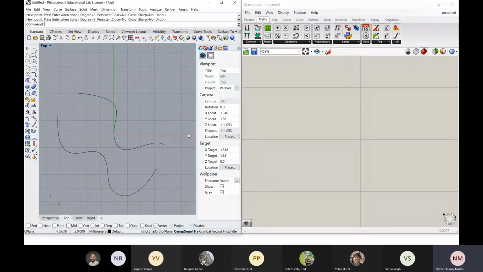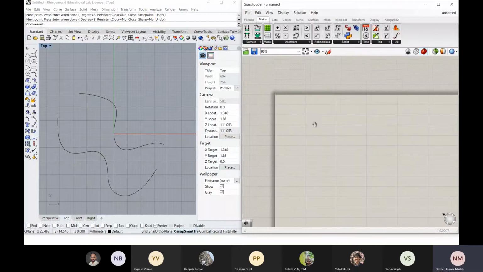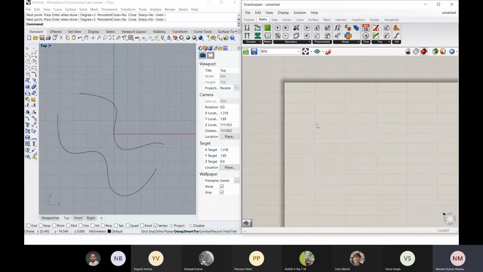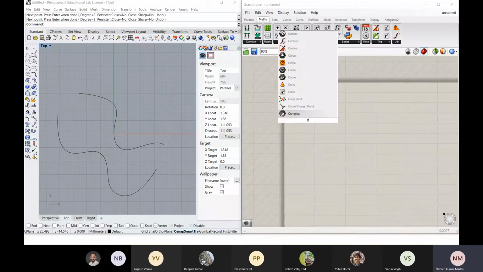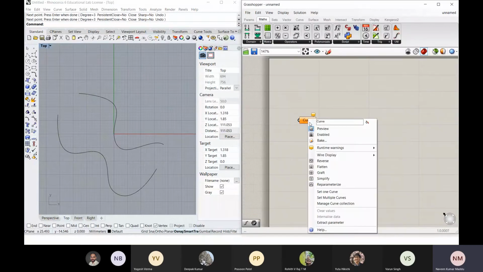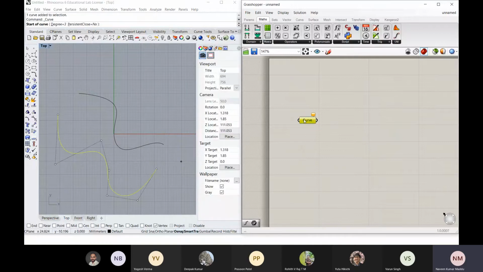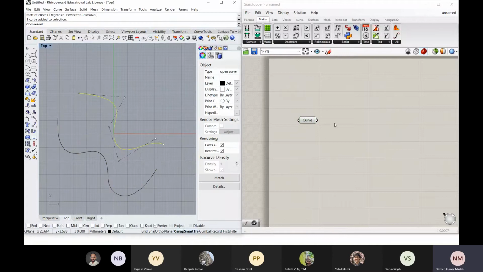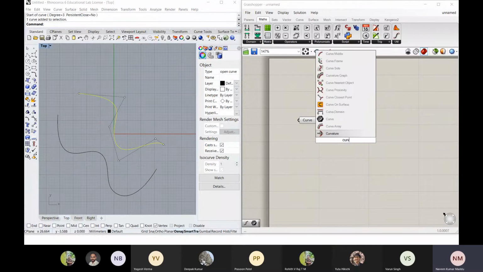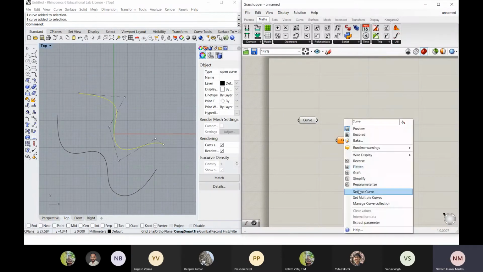So these are two different curves. Now what I have to do is call these two curves into this Grasshopper canvas. So I use the Set One Curve command and select this, and then I take another curve command, select this, and set one curve.